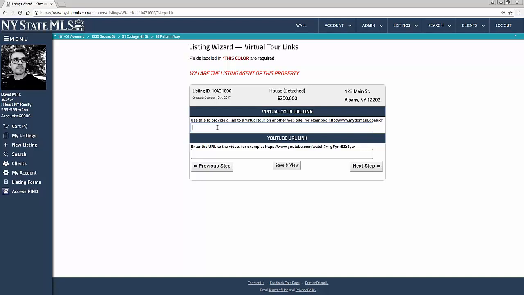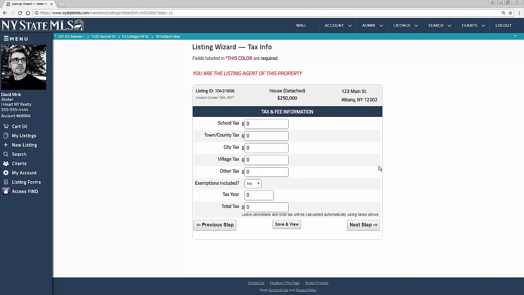mycompany.com/123 Main Street. Wherever you have, don't let this field go unused. Absolutely use it. And then we have our YouTube link. So let's say you've got a YouTube video for this property. Go ahead and put that there. The difference between these two is the virtual tour link goes to a separate page, whereas YouTube videos stay embedded to the listing so we don't leave the page. So we're going to go ahead, save that,